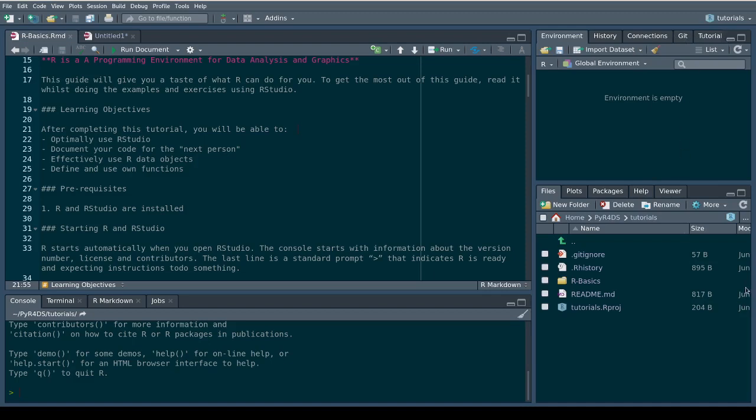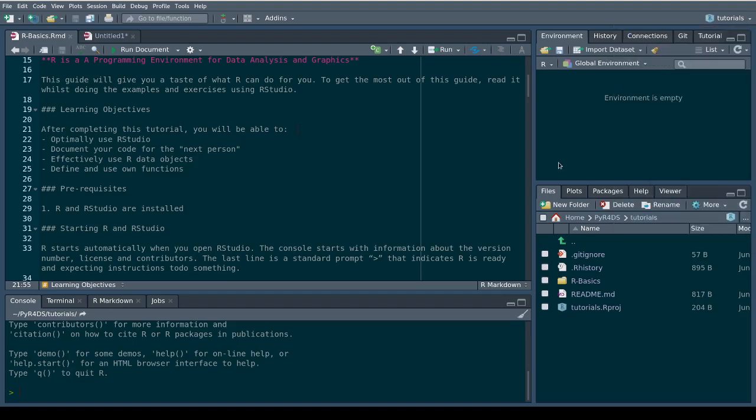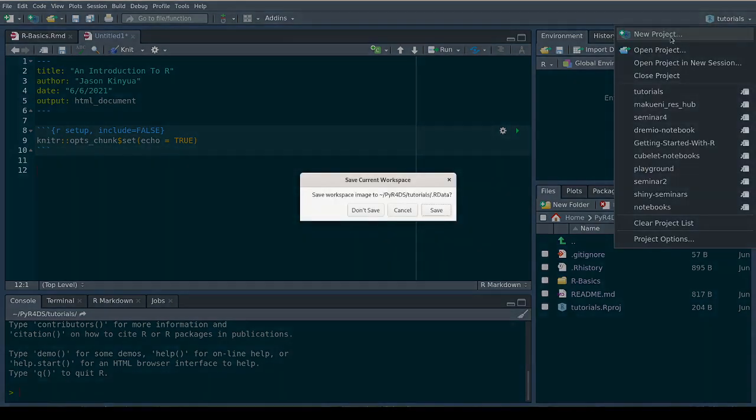Then coming to the right bottom panel, we have files. This is a list of files in our project. How do you create a project? Here on top right, there is a drop down icon. Go for a new project or open a project. More about that one, I think I will cover next when we do some more advanced stuff. But for now, open your RStudio, create this R Markdown and leave it as empty as it is, or alternatively create a new project.